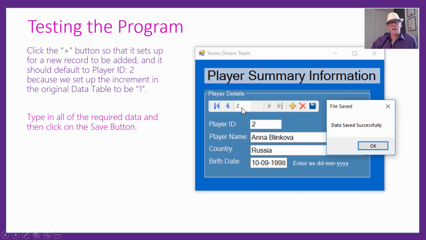It'll come up with a 2 here that we're on player number 2. It'll put player ID 2 in there. Remember, we had that set to auto increment. And then we can put in Anna Blinkova, Russia, and her birth date, hit the save button, and that will